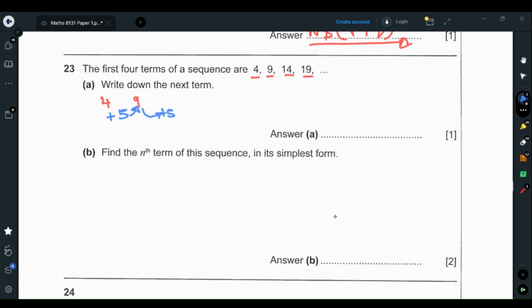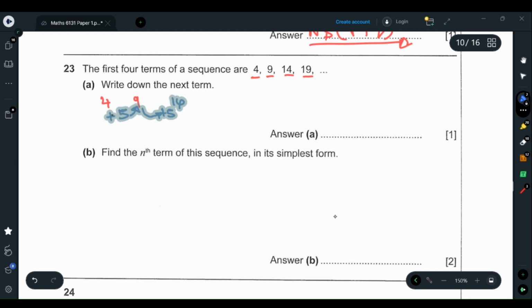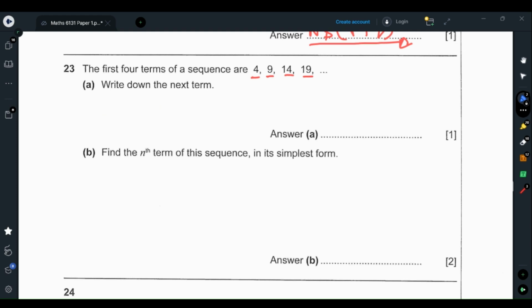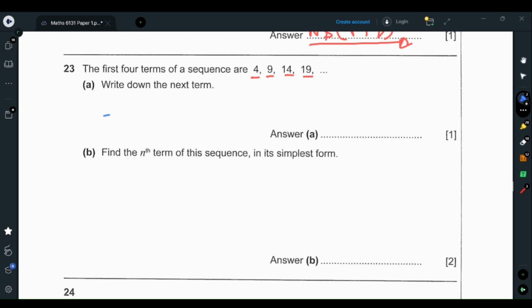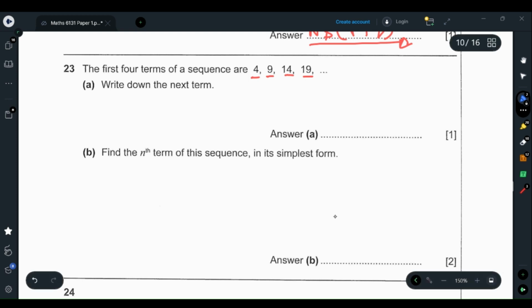9 plus 5 will give us 14. So there's a common difference here of 5. It's the same thing as 19 minus 14, that will give us 5. 9 minus 4, that is 5. 14 minus 9, that is 5. So that is 5. So to write the next term would be